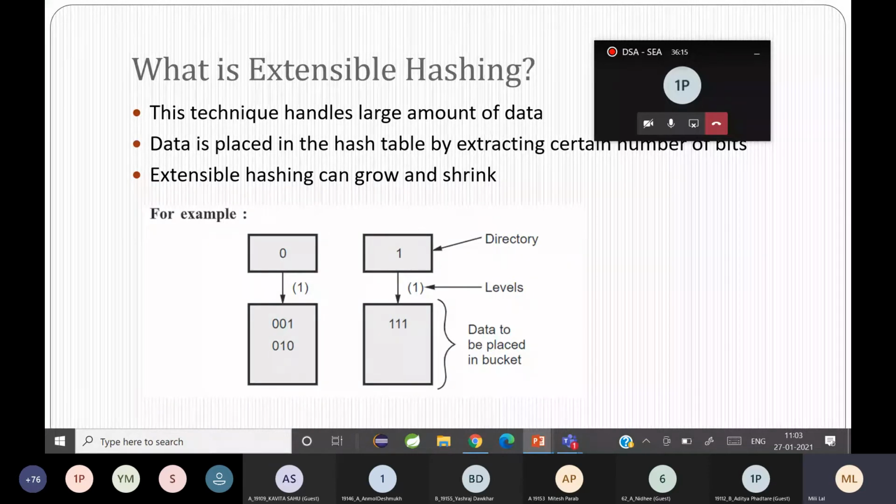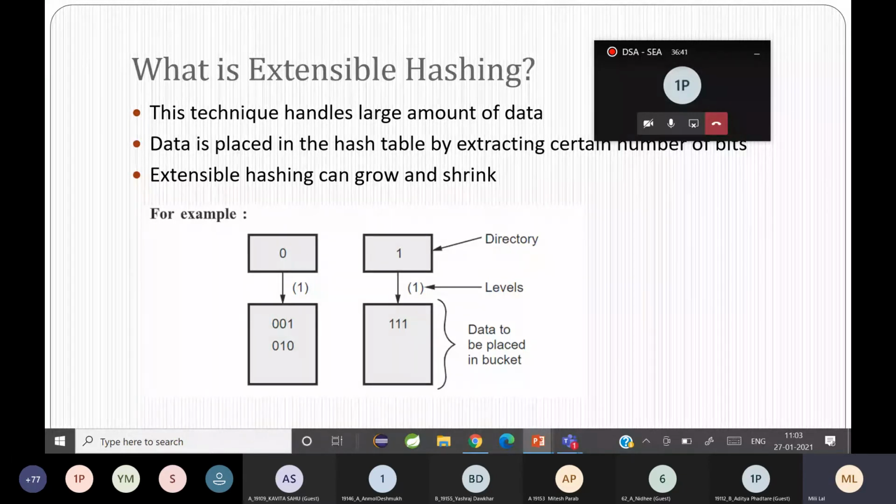So it contains a directory which represents the bit. Then you have the level which is enclosed in a bracket, and you have a bucket where data will be placed. And in the bucket you have to say how much data can be placed before you start doing extensible hashing. So this is how the structure looks.